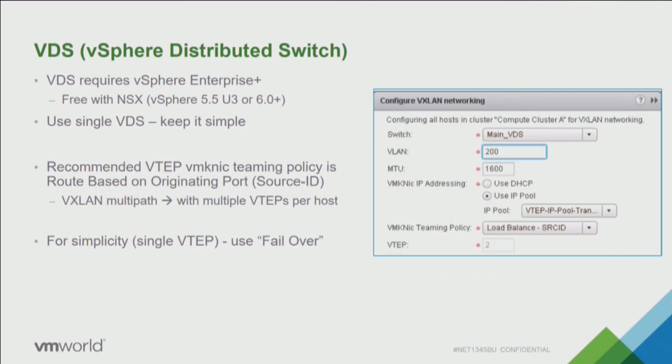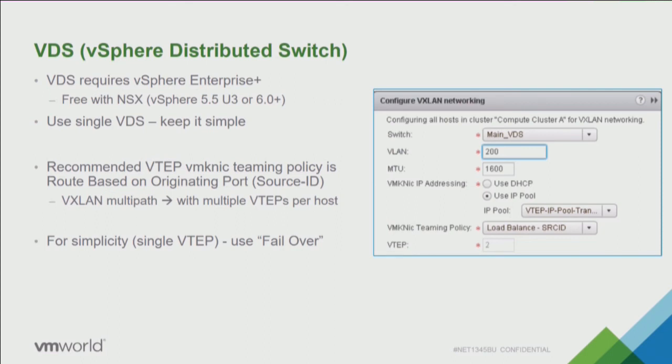So for our VDS, VDS requires vSphere Enterprise Plus, but of course if you've purchased any licensing of NSX, this comes with it included. We get the question all the time when we go to customer sites, how many VDSs should I use? And the answer for the small data centers, keep it simple, just use one. The benefit of splitting out that VDS requires the additional virtual networking adapters or the physical networking adapters to set up that VDS to be used. So in a small DC, we probably don't have many NICs to play around with here,